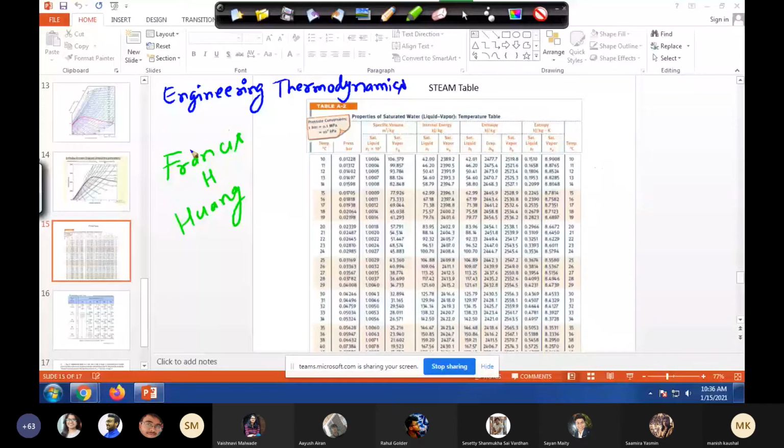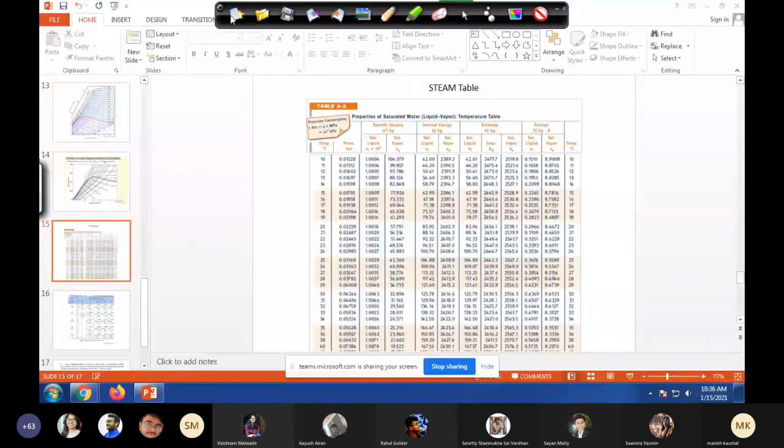It's with me. You can give a Google search for Engineering Thermodynamics: Fundamentals and Applications. It's a famous book. It's not available in India, by the way. I checked on Amazon and Flipkart, and I don't think it can be shipped. So we are talking about the steam table. Did anyone get the book, by the way? If not, it's fine, I'm just asking. If there is no yes, it means no one procured any book.